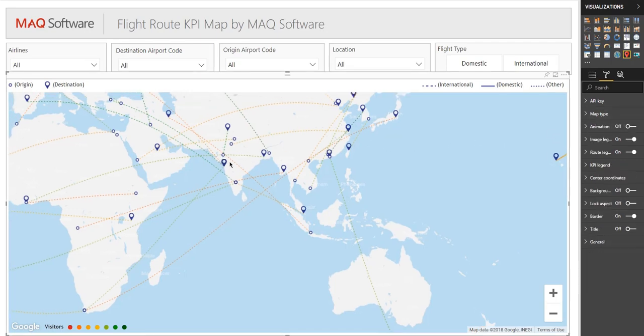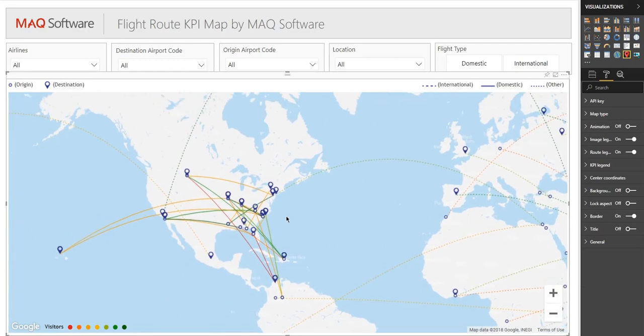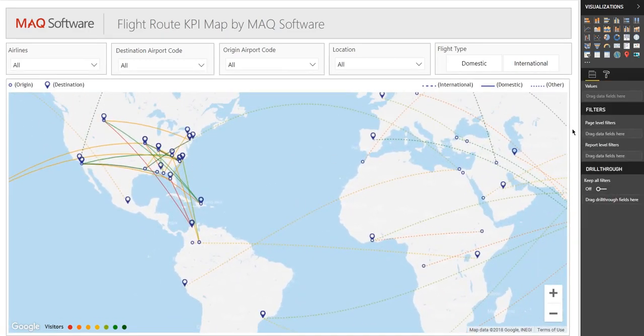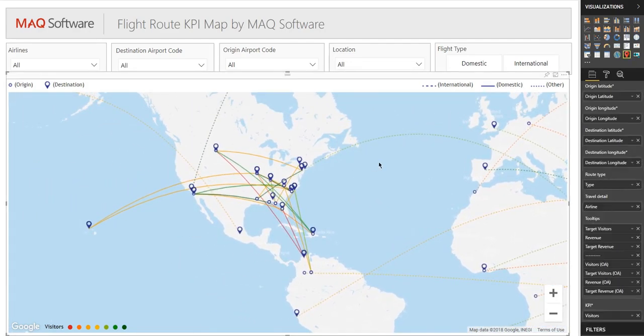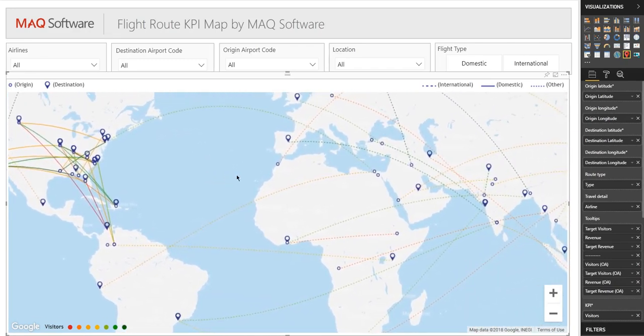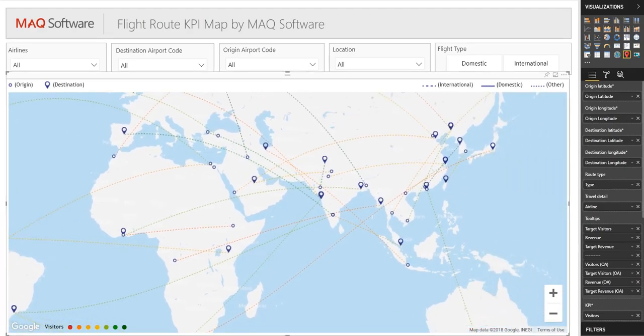There are a few limitations with this visual to keep in mind. Like all Power BI custom visuals, it can only support 30,000 rows. By design, the free Google Map Key will support 25,000 hits or refreshes without a license. For a higher refresh rate, you must purchase a license. With KPI Route Map, airlines can reduce operations costs and simplify tracking flight performance data.